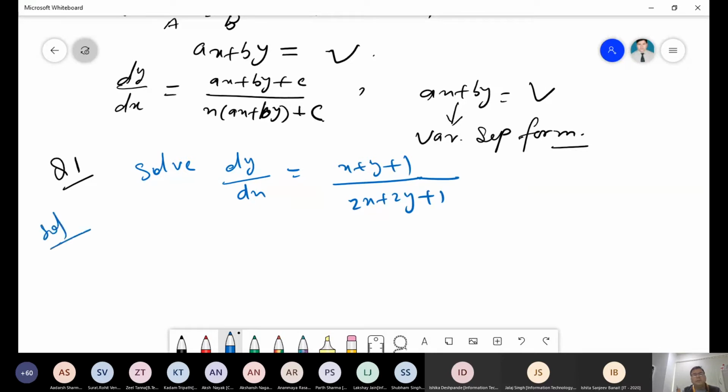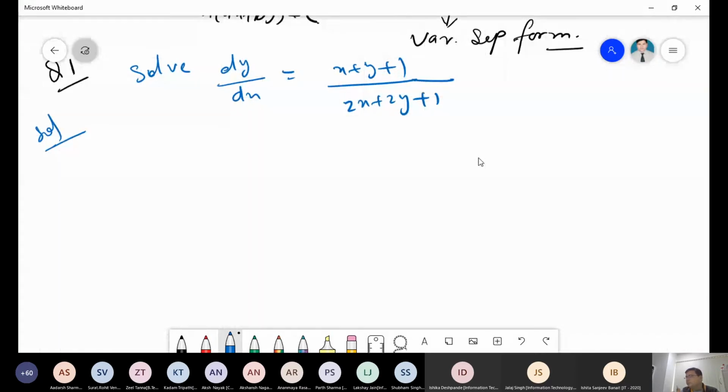Solution. Now tell me, is it a homogeneous equation or a non-homogeneous equation? It is non-homogeneous. Okay, fine, non-homogeneous equation, because next I'm going to give a very good question for you so that you can solve.